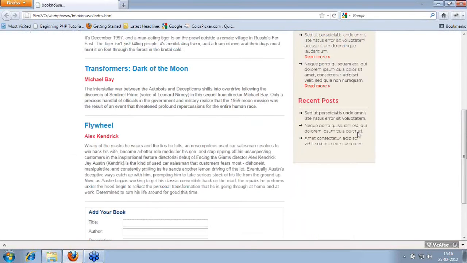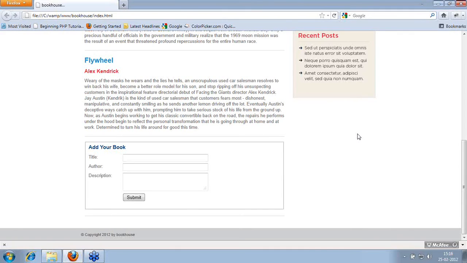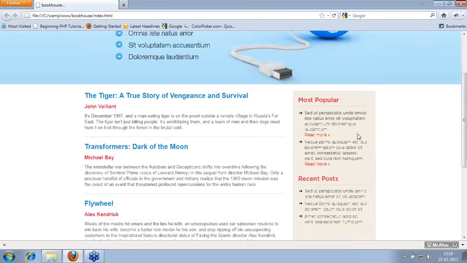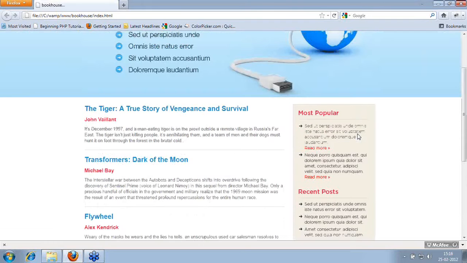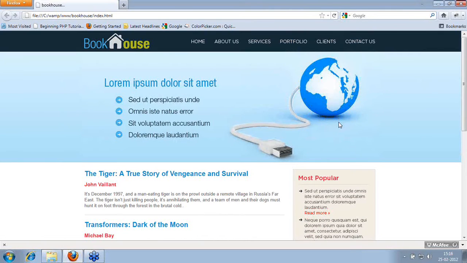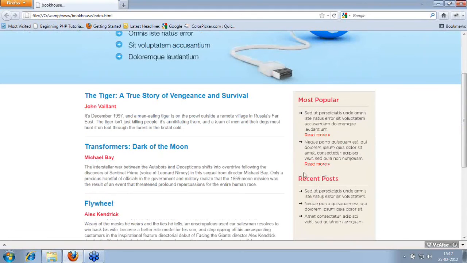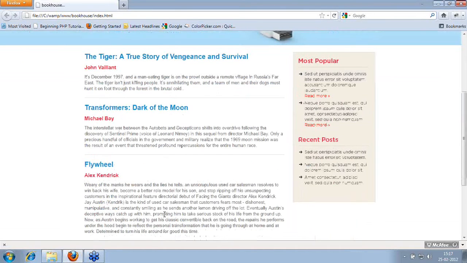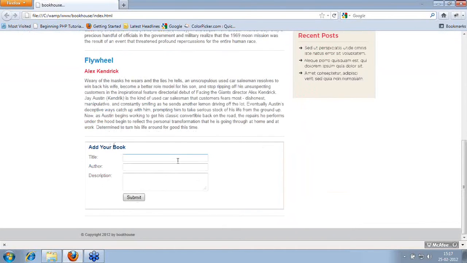So it's plain HTML with JavaScript validation and everything. It's ready. We'll use this. This is a small book house which stores the details of many online booksellers or books and the author and the description and all. So the small website which will allow you to add your books to with inventory. So here this is all the details of the book, and this is a small form which will allow an end user to enter the details.